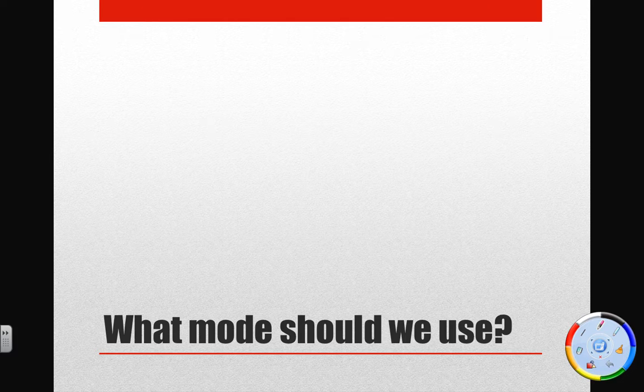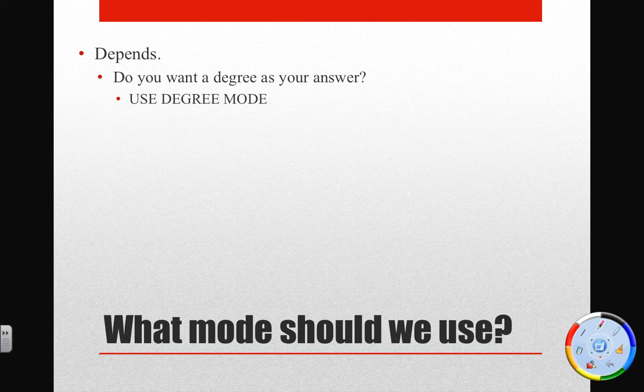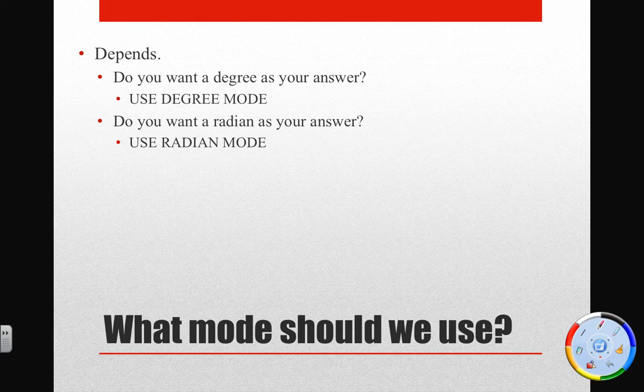So a lot of people will ask, what mode should we be using when we do these problems? Well, that depends. Do you want a degree as your answer? In most real-world problems, we're going to use degrees over radians. Radians are nicer to use in just the math of things. So if you want a degree as your answer, you should be in degree mode. However, if you want a radian as your answer, let's say the question asks for the radian measure of x, all you have to do is change your calculator to radian mode,